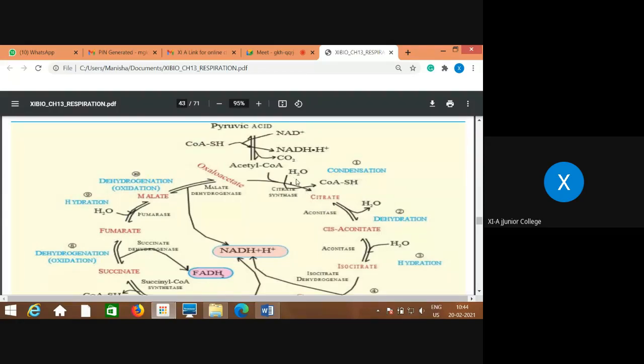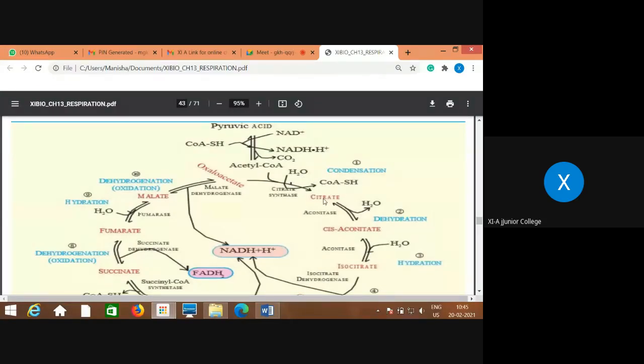As you know, when acetyl coenzyme A combines with oxaloacetate, that is oxaloacetic acid, there is formation of a 6-carbon compound now, 4 plus 2, that is citric acid, or you can call it citrate. And then coenzyme ASH is released in the mitochondrial matrix for recycling. That is, whenever it is required, it again combines. So it is released in the mitochondrial matrix. So first of all, there is addition of water, that is the first step, that is called condensation.